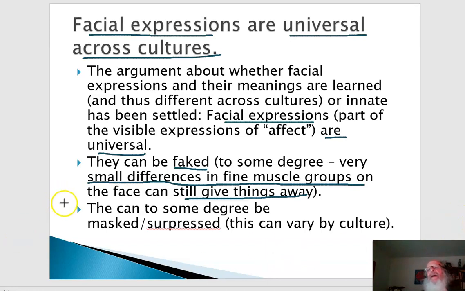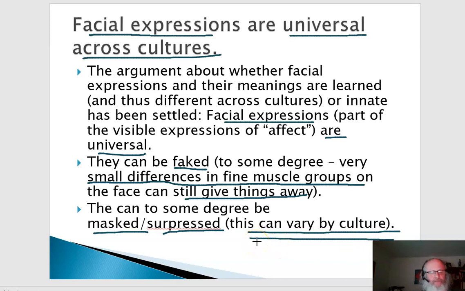It's also true that in terms of the information that our facial expressions give about our emotional experience, it's actually easier to mask them or suppress them than it is to fake them. And different cultures have different rules about when it is or isn't okay to let other people know what we're feeling. For instance,